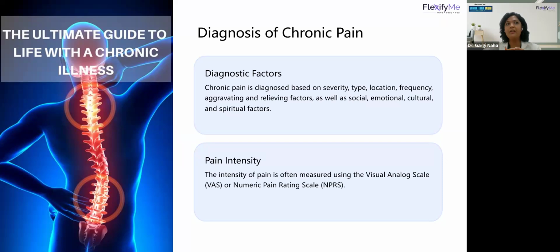Now, pain cannot be measured. Pain is a subjective thing. You cannot actually measure or calculate that Dr. Gargi is having this much amount of pain. No, you can't, because pain is very subjective. If for me my pain is 8 on 10, for someone else it can be 7 on 10, for some other person it can be 5 on 10. So everyone's perception of pain is different. That's why when we try to judge the intensity of your pain, we usually use a numerical pain rating scale, or visual analog scale, from 0 to 10. You mark your pain wherever you feel your pain is.